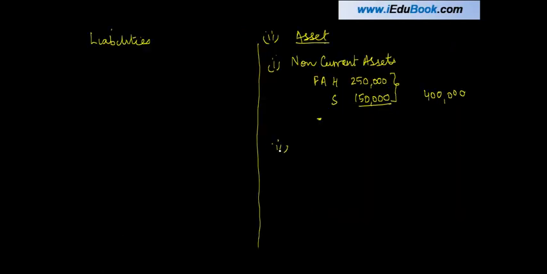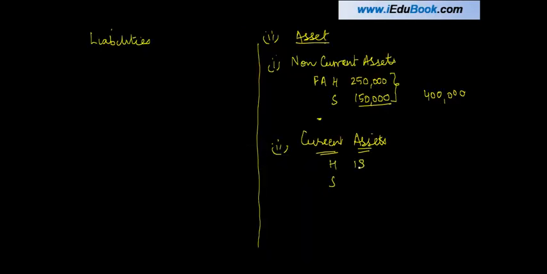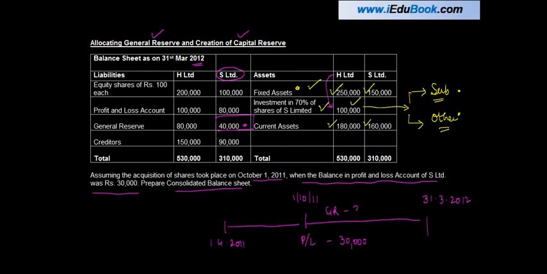So second is current assets, right? Again, this calculation of current assets which I'm showing has to go in the schedule, but I'm just writing it here to save some time and effort. 180 plus 160, 3,40,000, right? So what I have done is I have completed the posting of the entire balance sheet.